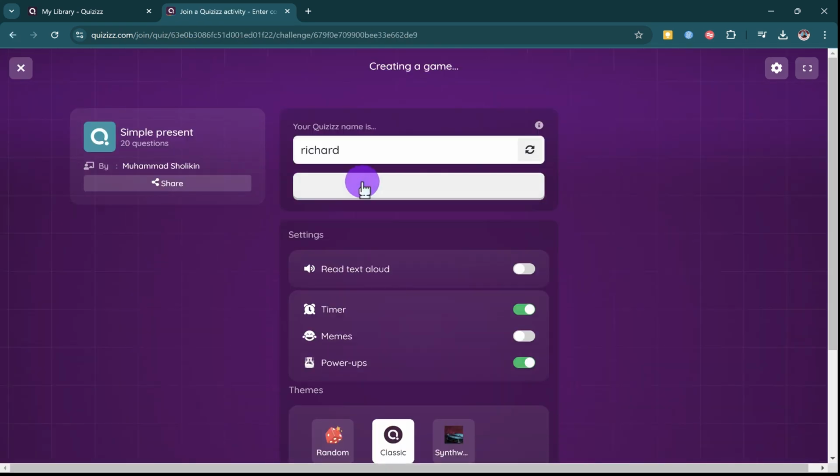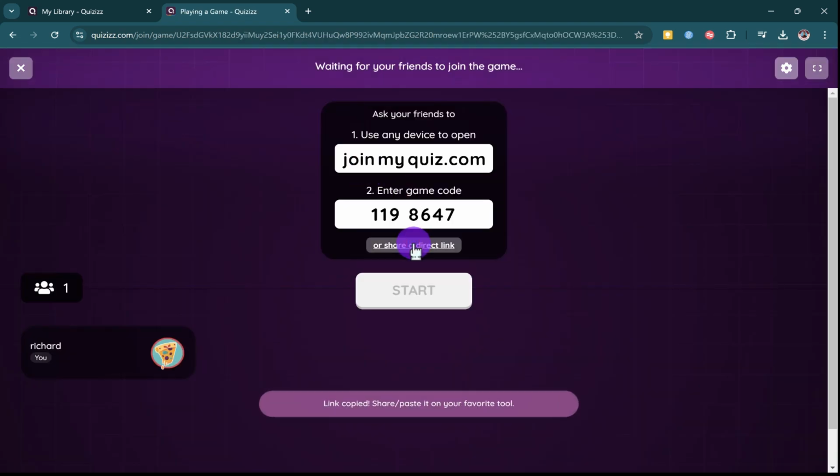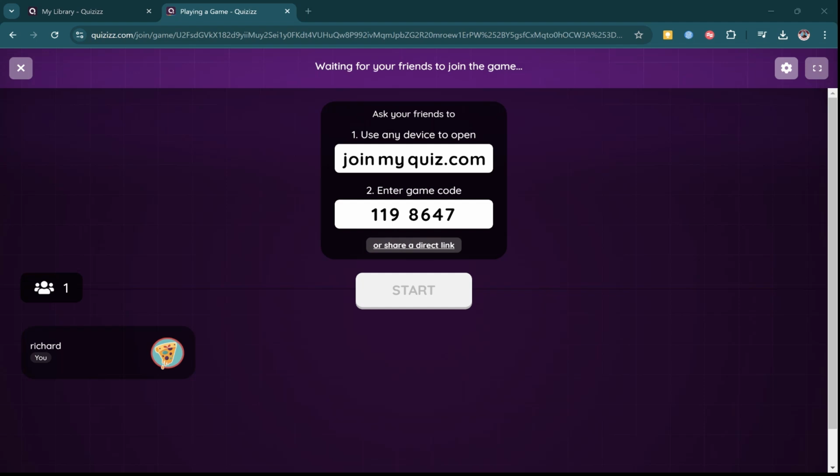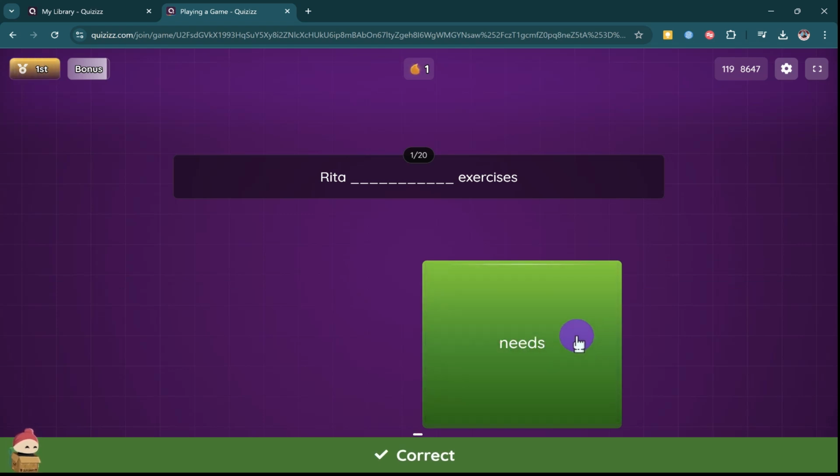In this mode, the teacher simply clicks Challenge Friends, then prepares two devices. This could be a phone or a laptop. Enter a challenger's name and send the link to the challenger's device. Once both have successfully entered the quiz page, click the start button to begin answering. The last preview mode you can use is flashcard.